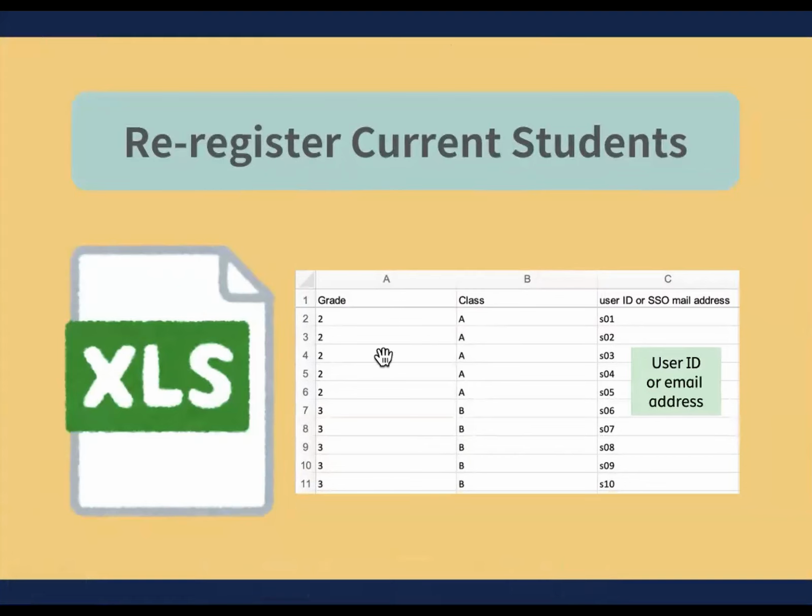So make sure at this step, check the student's ID if you're using LoiLoNote ID, or email address should be entered here. So no names should be written in here, LoiLoNote ID or email address. Then you've got the grade and you've got the classes. So if you check all the details are correct,